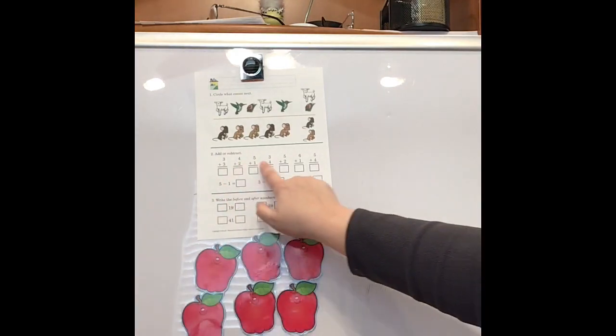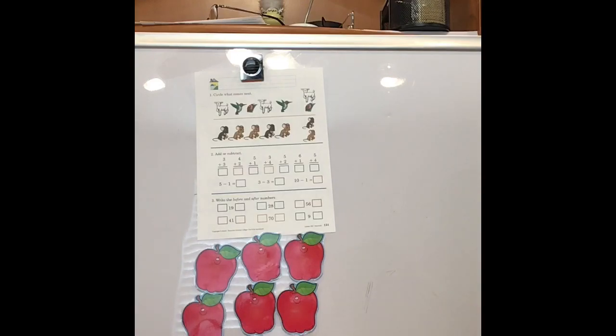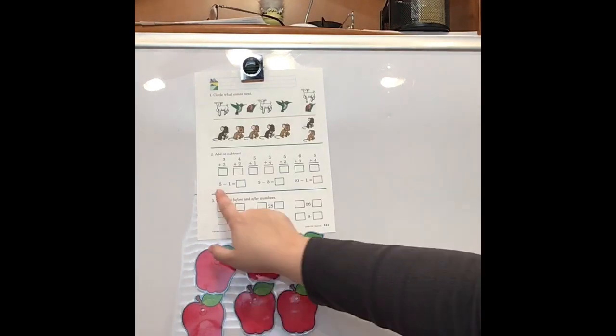So I want you to do the same thing with the rest of these. Find something around your house. If you still can't find anything around your house, do your little dots if you have to. But I really hope that you're not having to do your little dots anymore. Okay, let's look at these that are